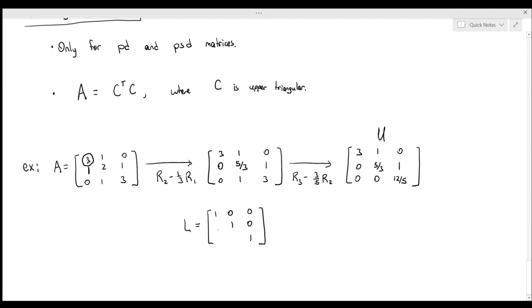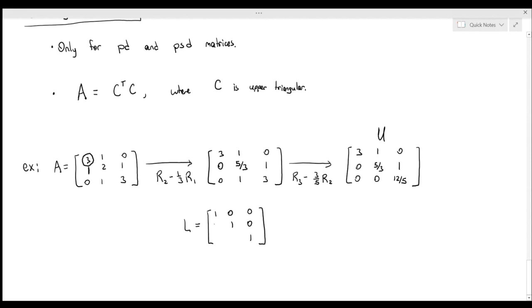And then we get the entries beneath the diagonal based off the row operations that we performed. And the way that I always thought of it was whatever number you're using in your row operation, you change the sign,